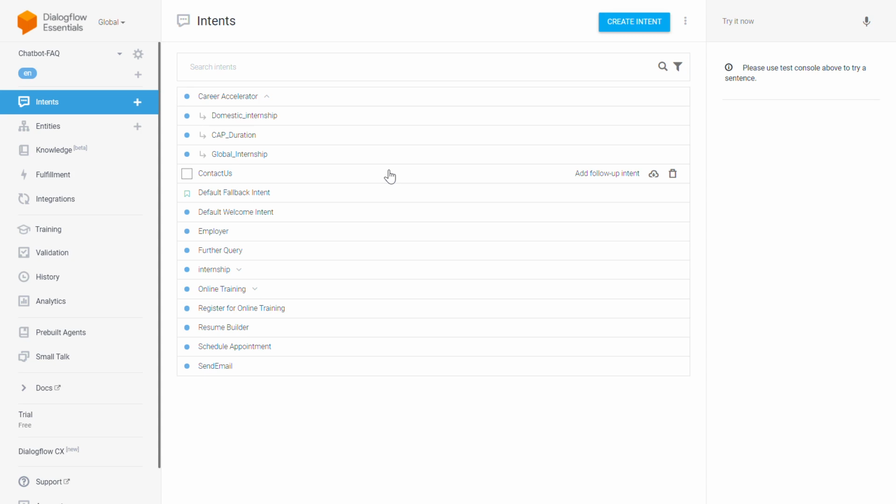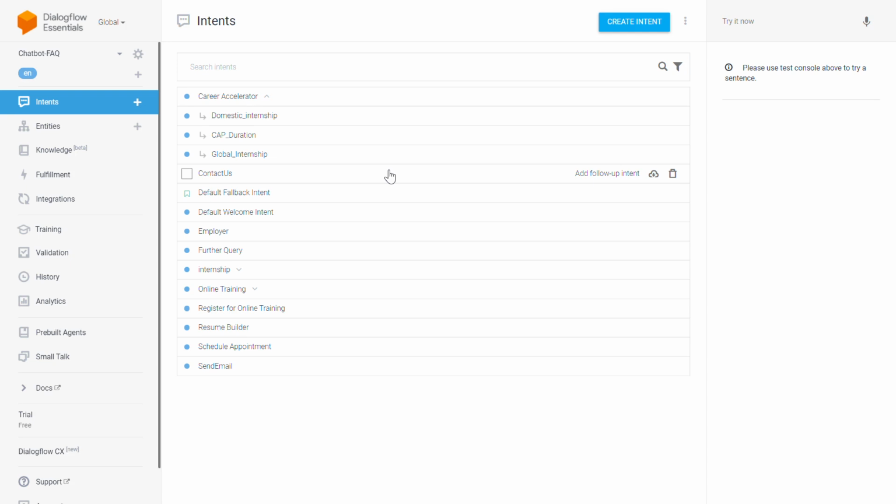For example, if a user selects Career Accelerator in the first message, then he will be shown the information about the Career Accelerator, with other buttons containing domestic internship, gap duration and global internship as the options.